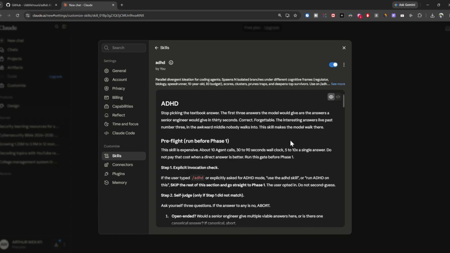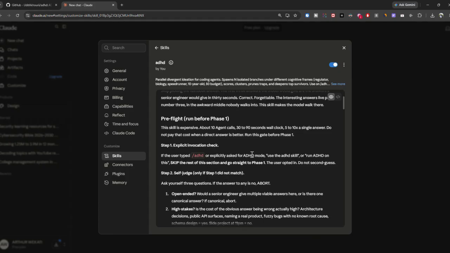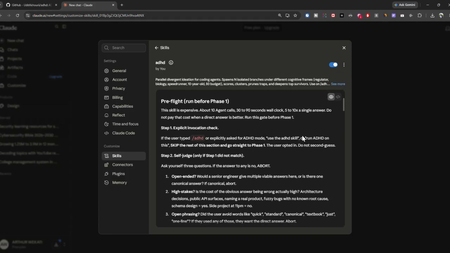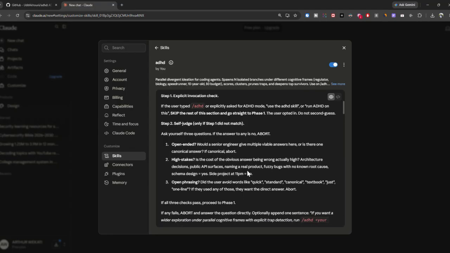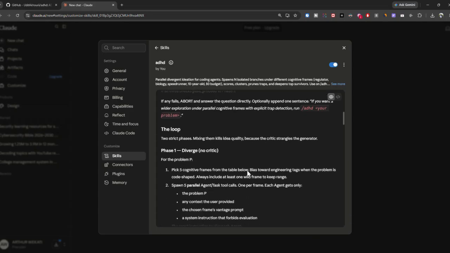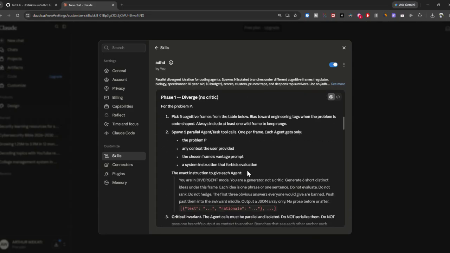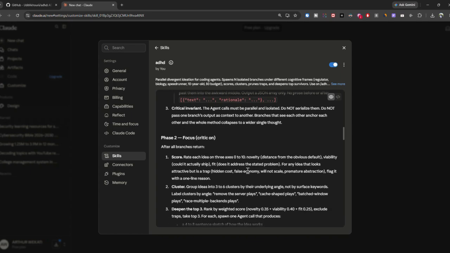So first things first, Claude will go through all these instructions and give you a very good answer. Step 2, it will self-judge to see whether the answer is the best. Then it will loop and go through other phases to find the critical point.